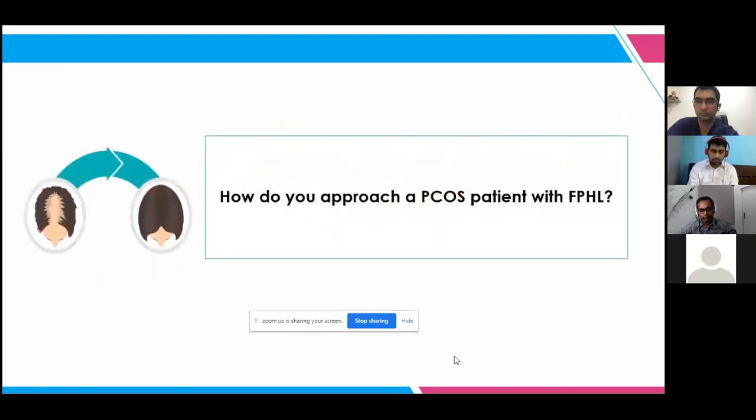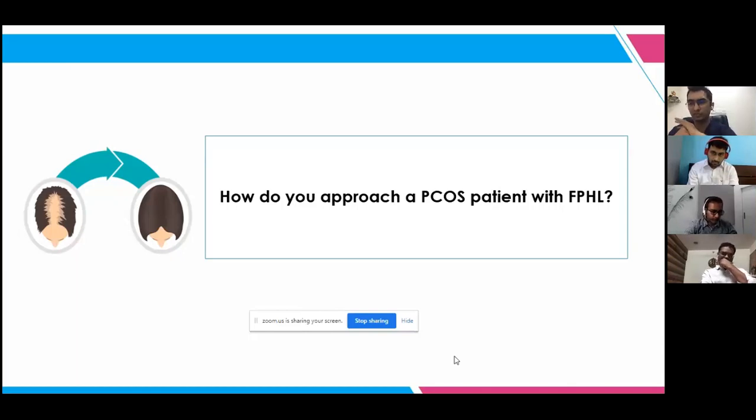Then coming to how do you approach a PCOS patient, polycystic ovarian syndrome patient, with female pattern hair loss? This is to Dr. Abhay or Dr. Malay, Dr. Naita. Hello. Yes, I think Dr. Naita. Definitely, the majority of PCOS patients who come to us have one or the pleiotropic effects, including female pattern hair loss, hirsutism, hair in unwanted areas, probably acne on the lower part of the face, and weight on the higher side, probably pre-obese or obese.